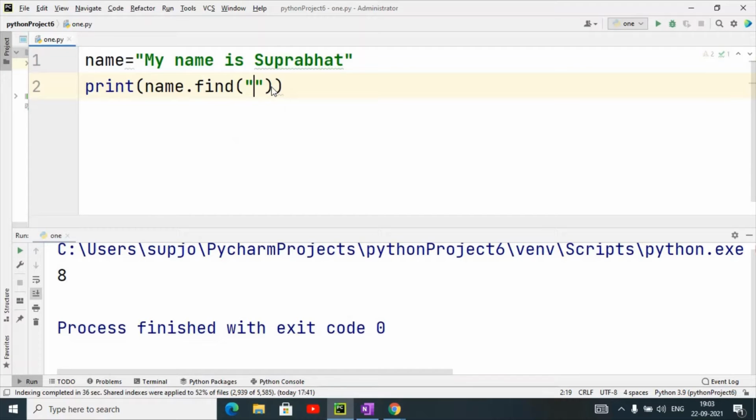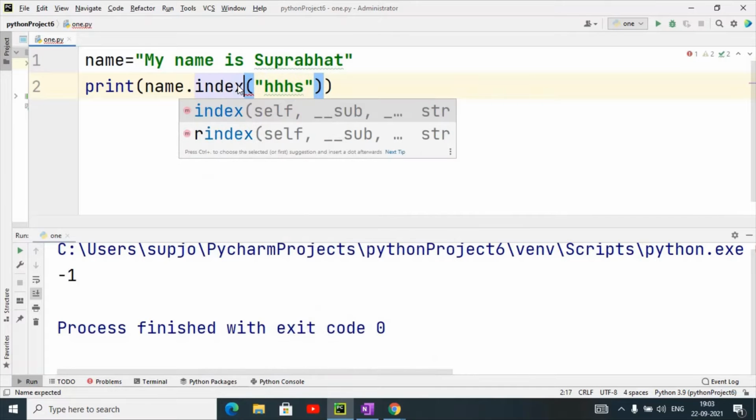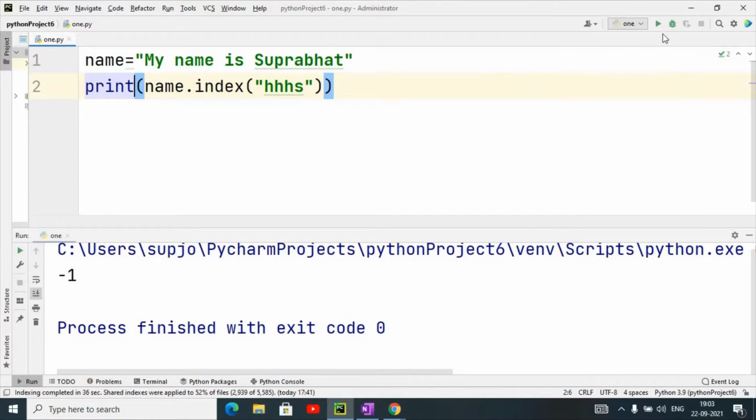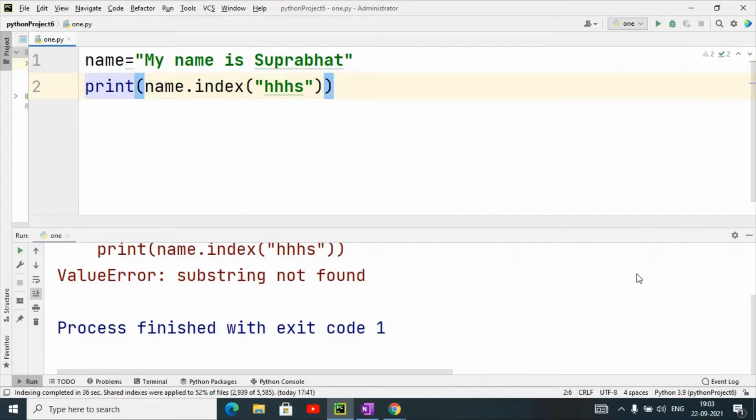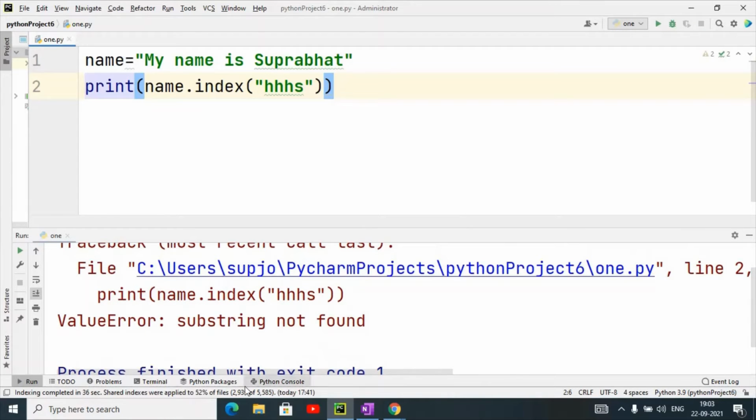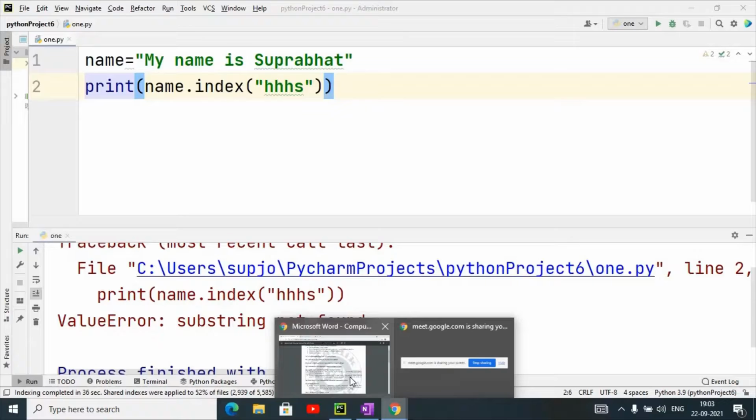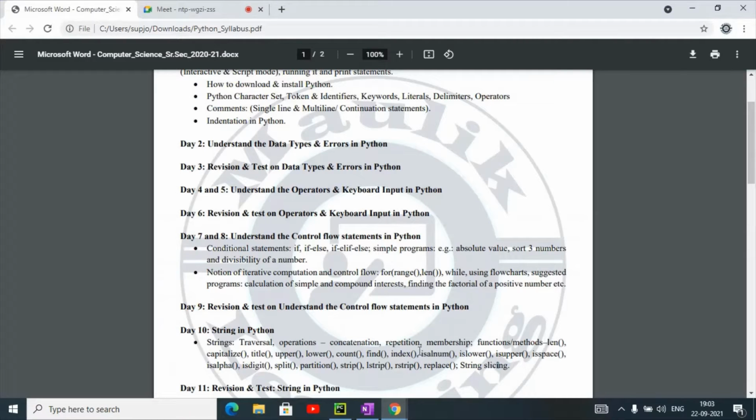Suppose I have given a substring that is not available, then it will return -1 in case of the find method. But suppose I use the index method, in this case if the substring is not found at any position, it will generate an error, that is, a ValueError is generated in the case of the index method, whereas in the find method it will show the -1 position.